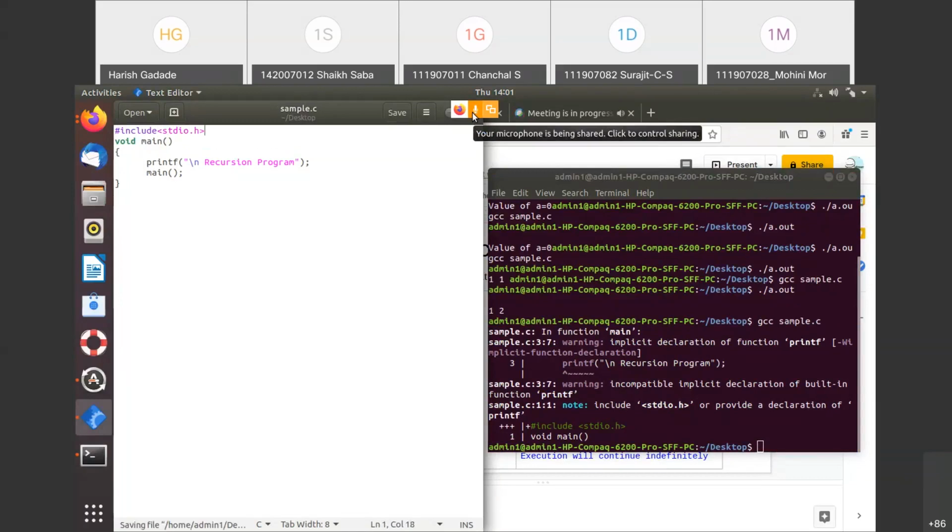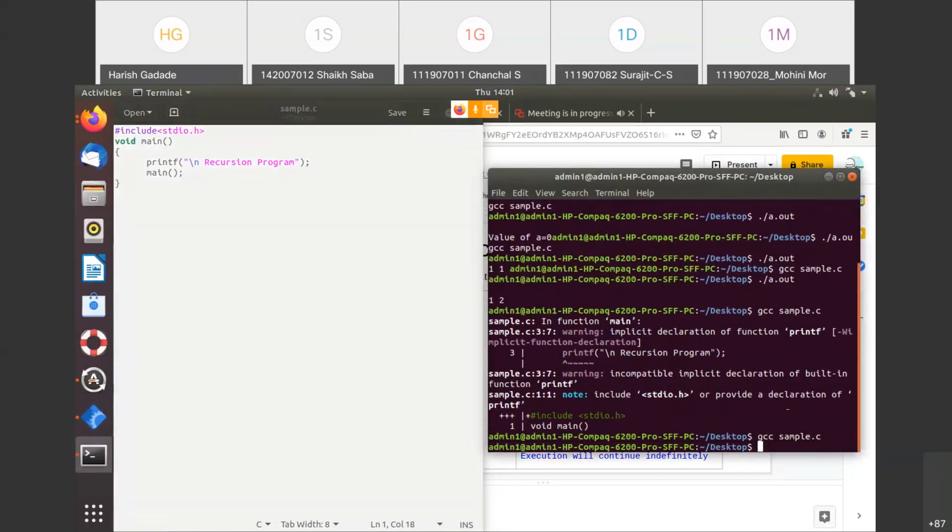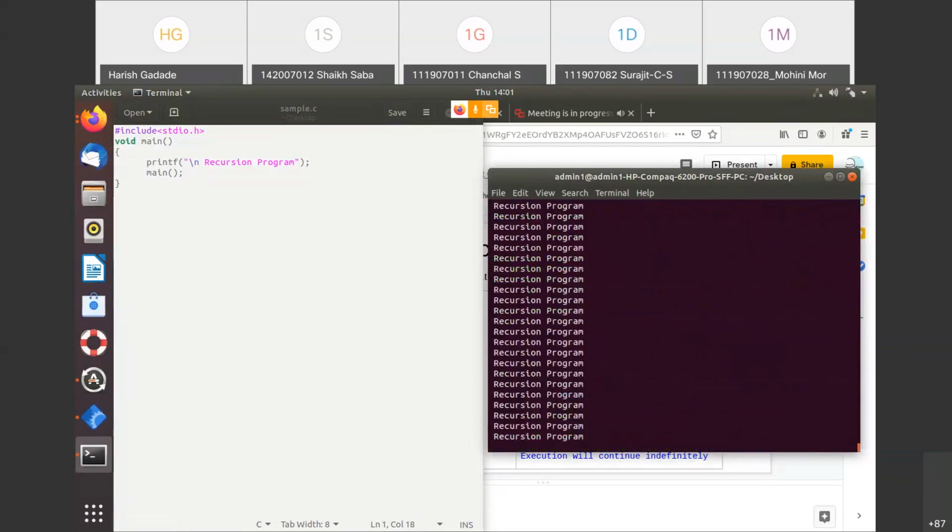Wait. So now I'll just run this. It is running successfully, and if I compile this, you can see this will enter into the infinite state, right? So if you see here, it entered into the infinite loop, or an infinite state, you can say. So core down, right? It means there is no termination condition. That's why it entered into the infinite loop. Getting this? So here, this is the example of recursion, we can say.